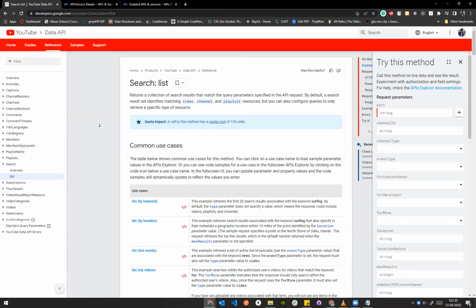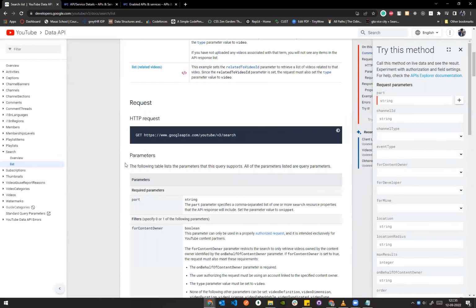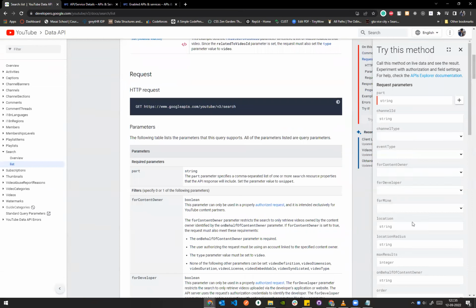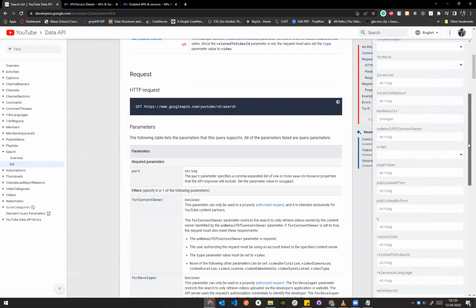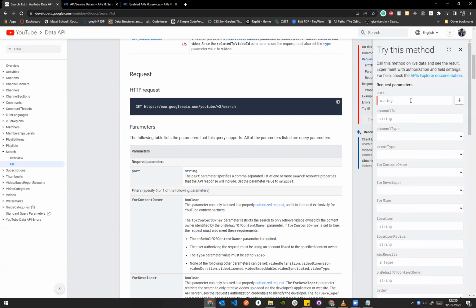Just scroll down a little bit and you can see on the right side there are parameters. As in the OMDB website, we have a parameter called S, if you remember. So these are all the parameters which are used in the URL, but we only focus on a few parameters. I'll let you know what they are. For part one, you can see the definition of this, what the parameter is useful for. But I would request you to copy this snippet and paste it here. Scroll down,